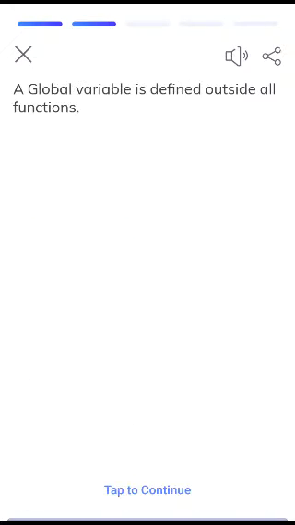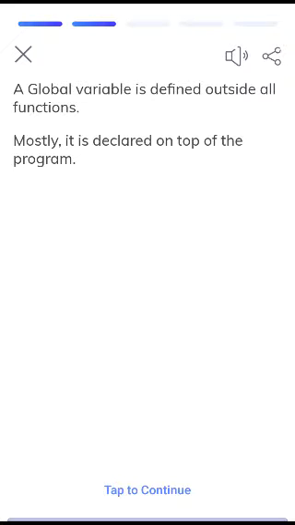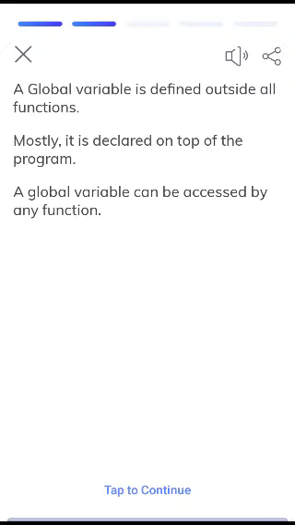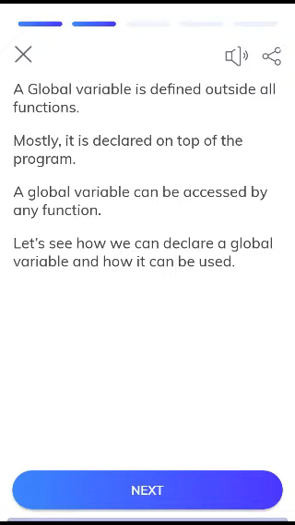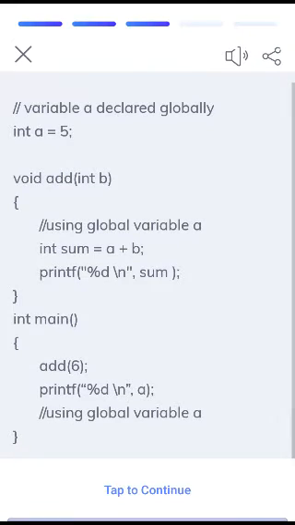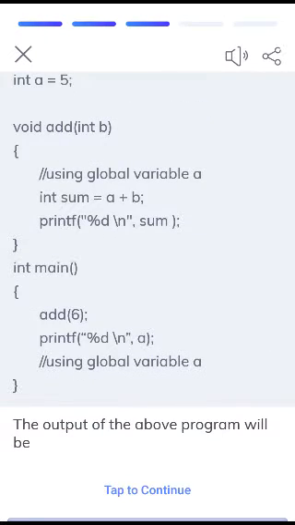A global variable is defined outside all functions. Mostly, it is declared on top of the program. A global variable can be accessed by any function. Let's see how we can declare a global variable and how it can be used. The output of the above program will be: